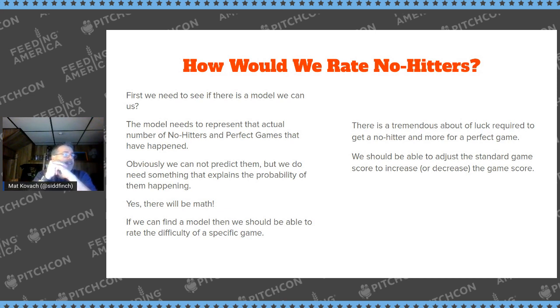But let's all state that rating a no hitter or a perfect game is sort of a silly thing to do. They're great accomplishments either way. I'm not trying to say that some of these were bad. I'm just trying to see how we can rate them, but I'm more concerned about getting this model together on how to do that. These are some of the strange things I think about when I can't sleep.